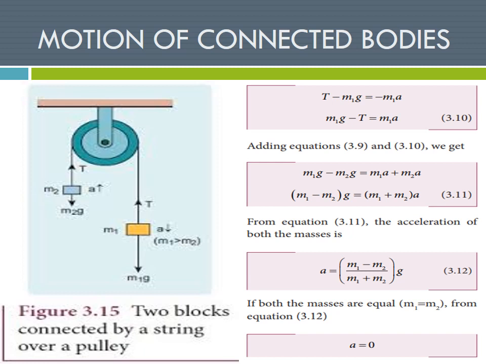So see here in the picture, two blocks connected by a string. Two blocks are there, one in blue color, one in yellow color, okay. Two blocks are connected by a string over a pulley, okay. There is a pulley and a string, okay. Right. Now, when the objects are connected by a string,